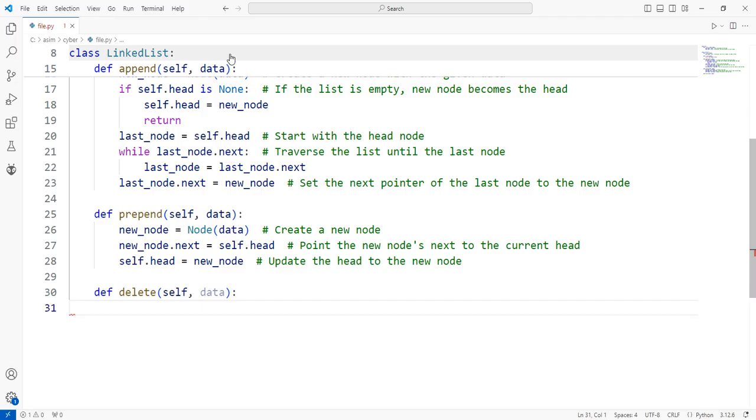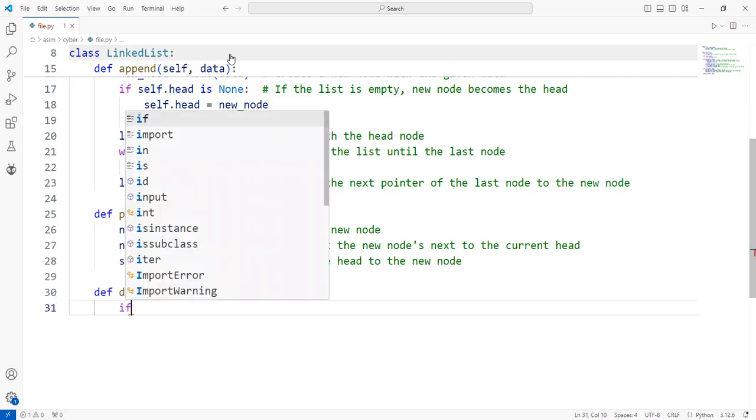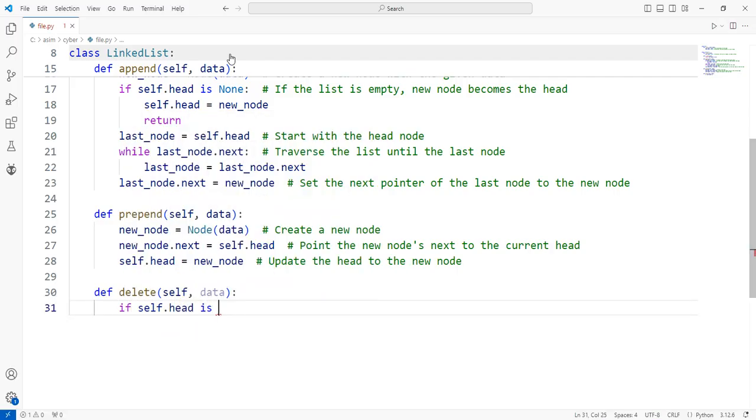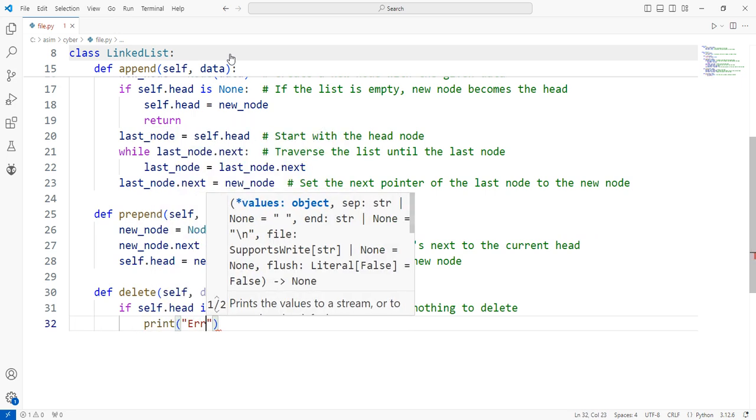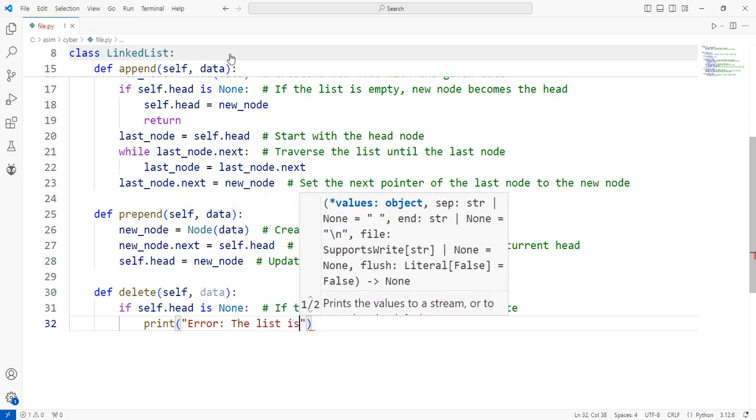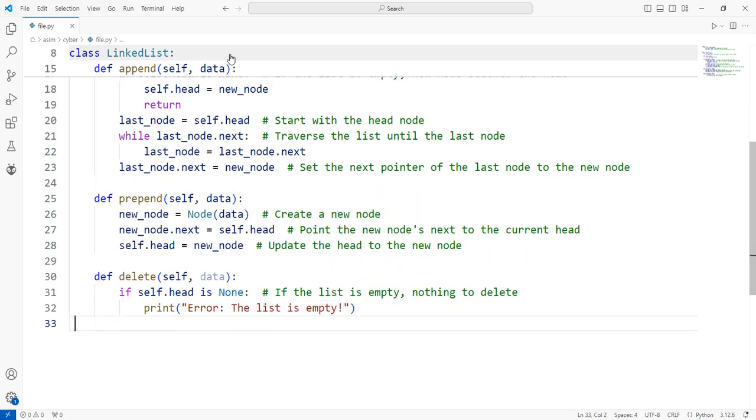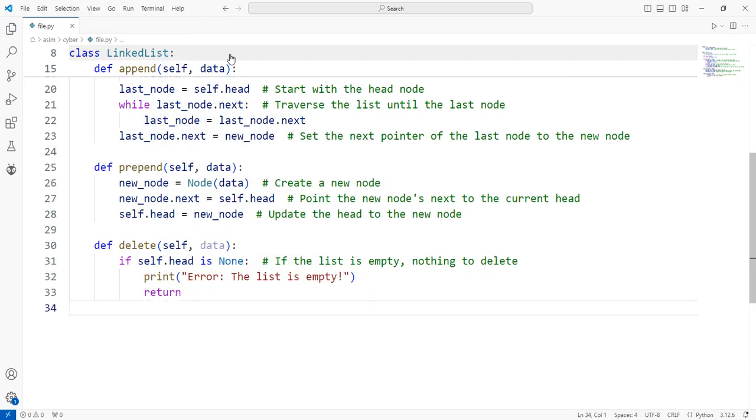Otherwise, traverse the list to find the node before the one to be deleted and update pointers. If the node to be deleted is the head node,